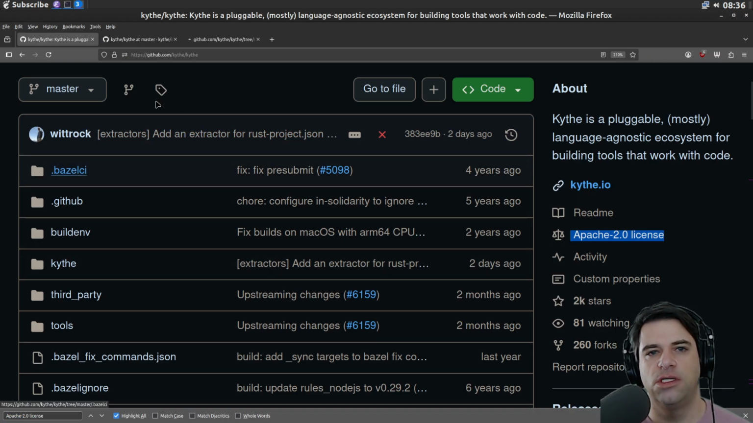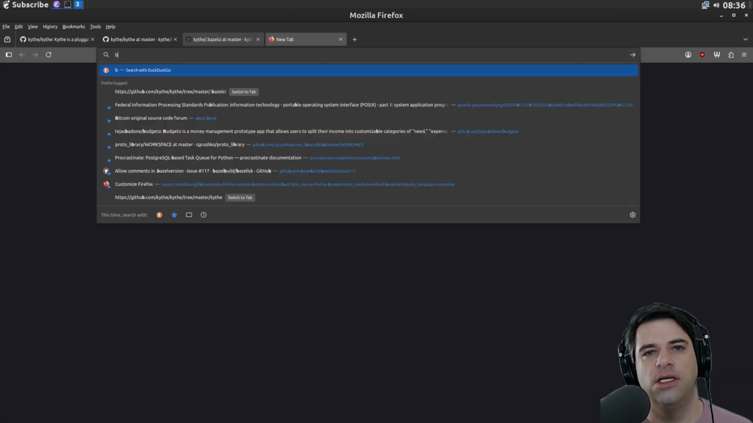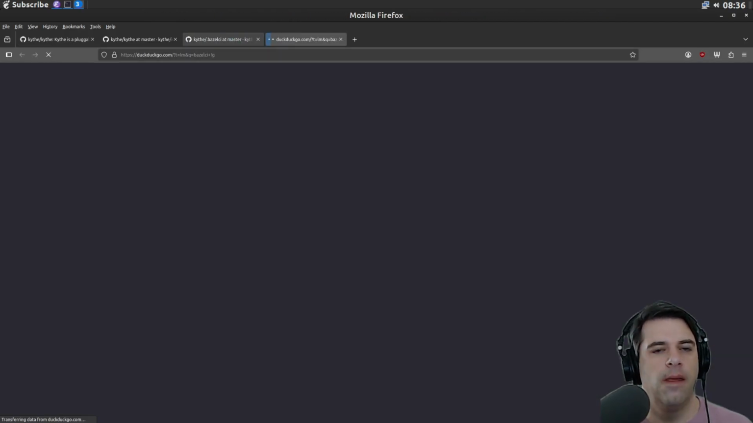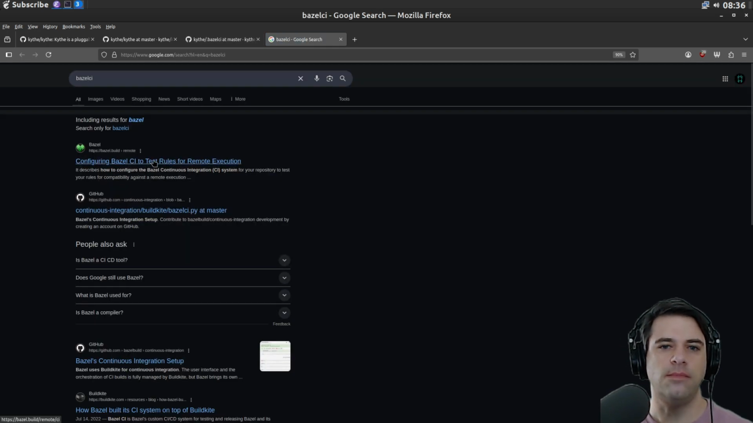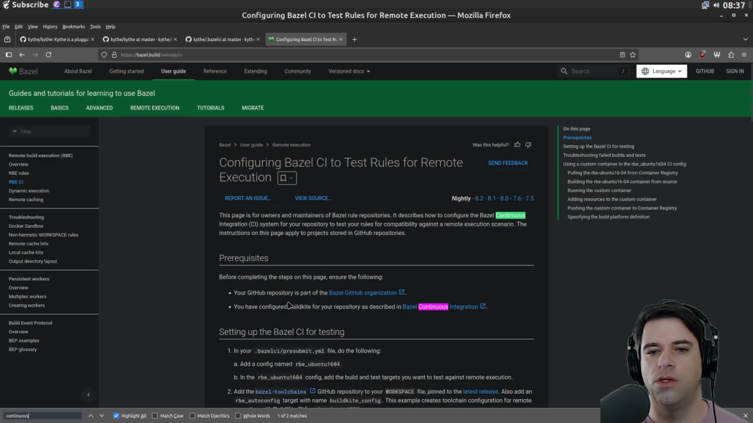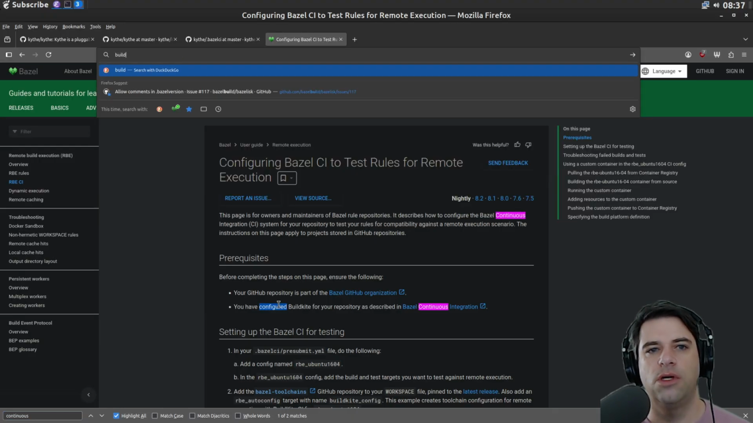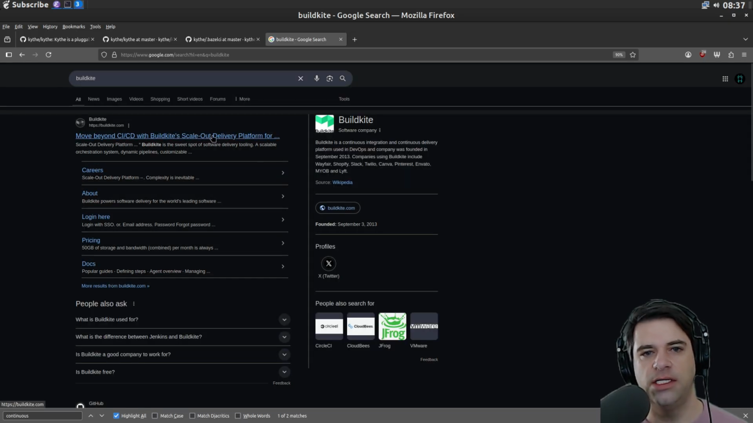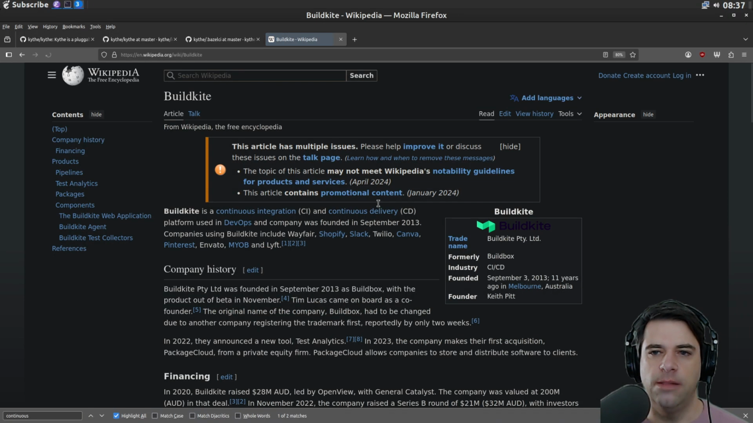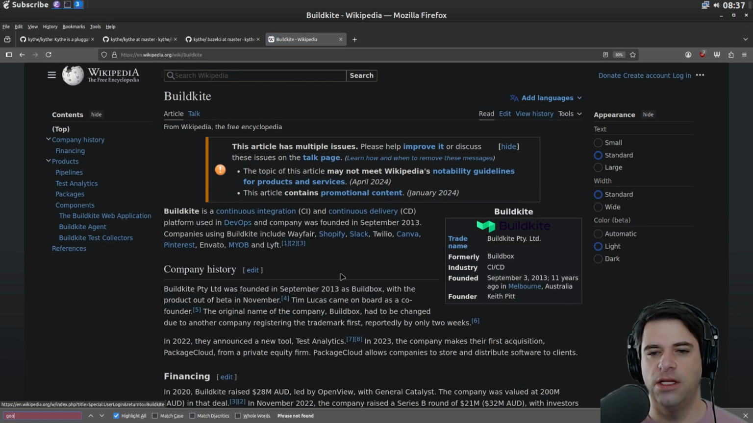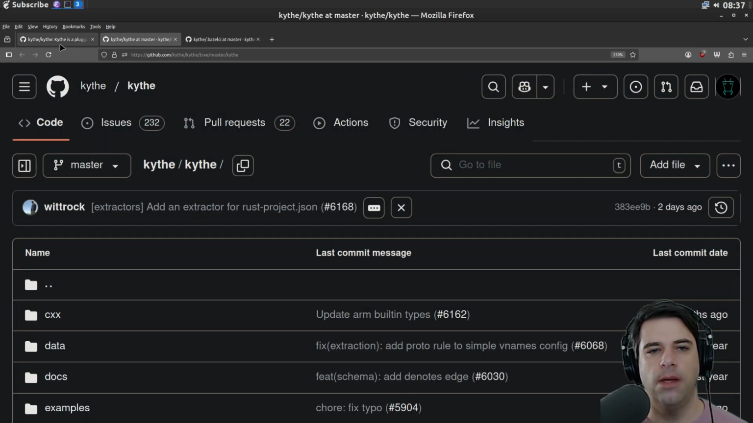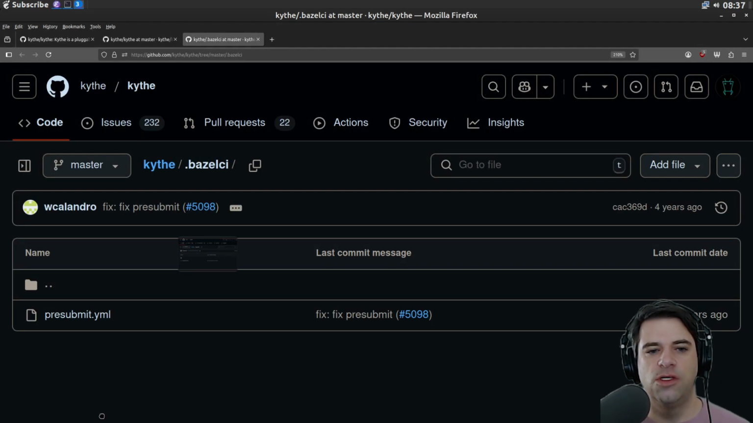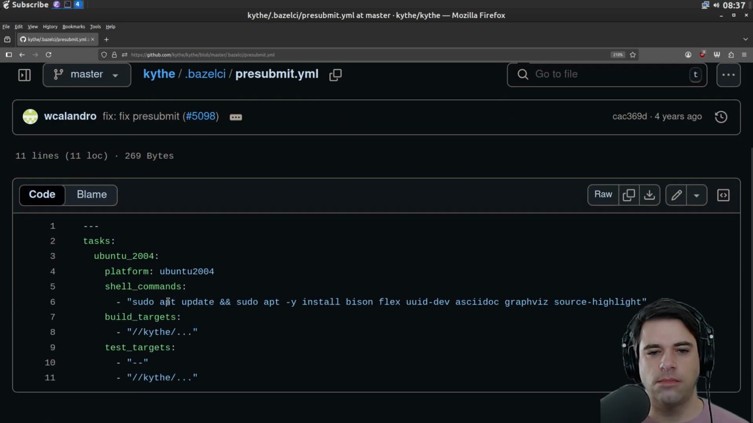We do have a Bazel CI config. I think Bazel CI is like a privately hosted Bazel service, or maybe not. Build Kythe. Yeah, so I think build Kythe is maybe the hosting thing. Move beyond CI/CD with build Kythe scale out delivery platform from 2013. I don't know if it's related to Google at all, or if it's just some thing that they're using. Okay, so this is just some pre-submit config that will just build everything and test everything